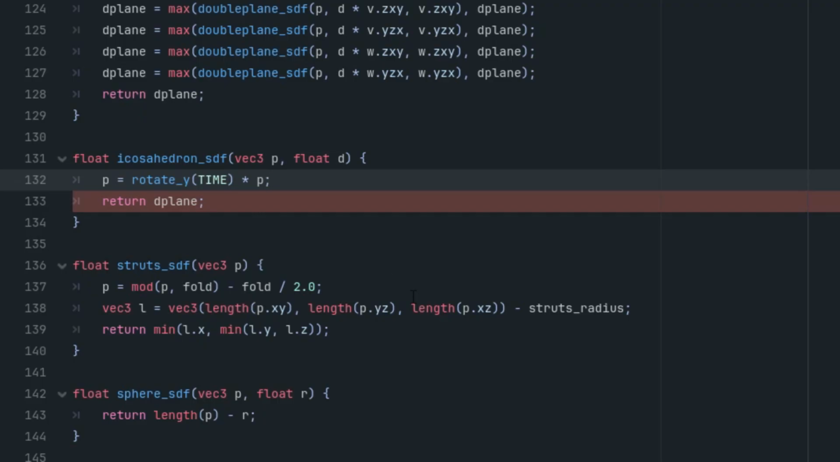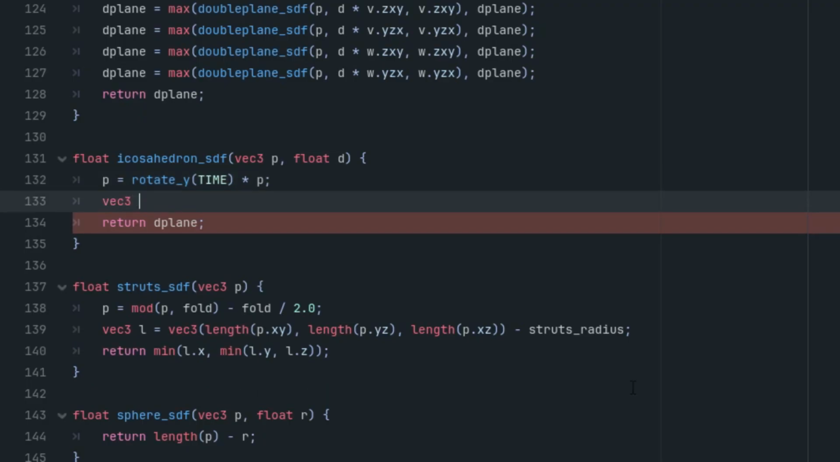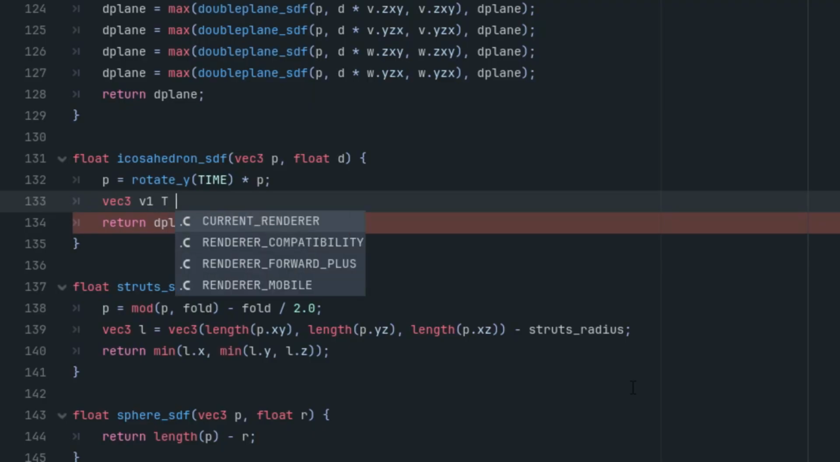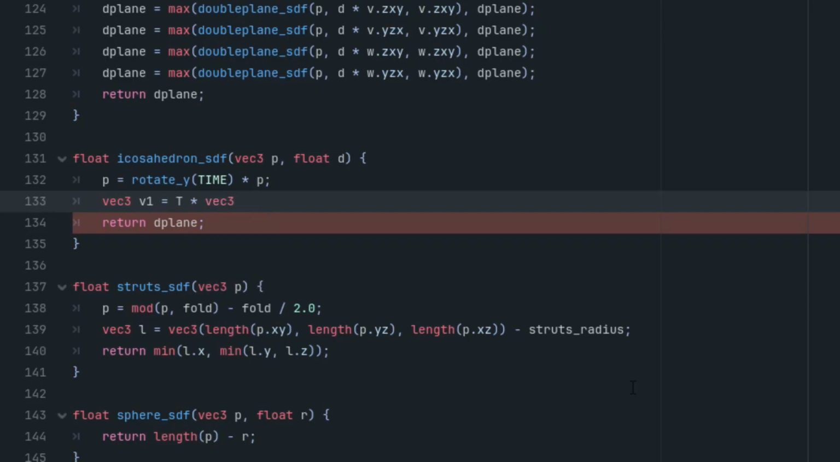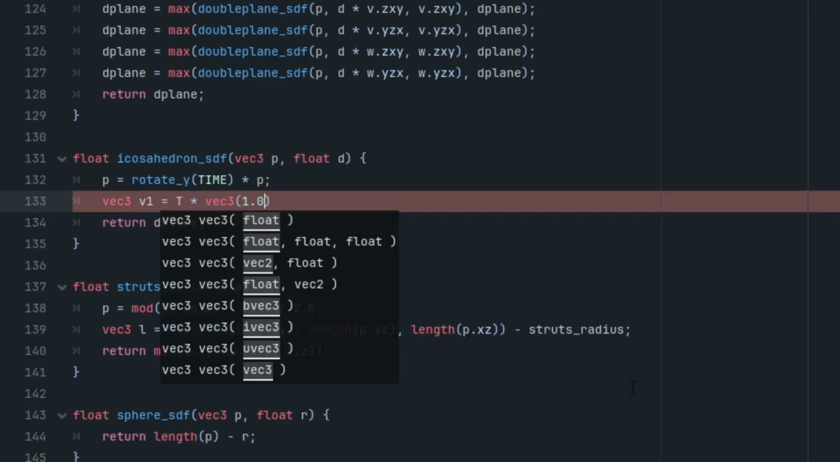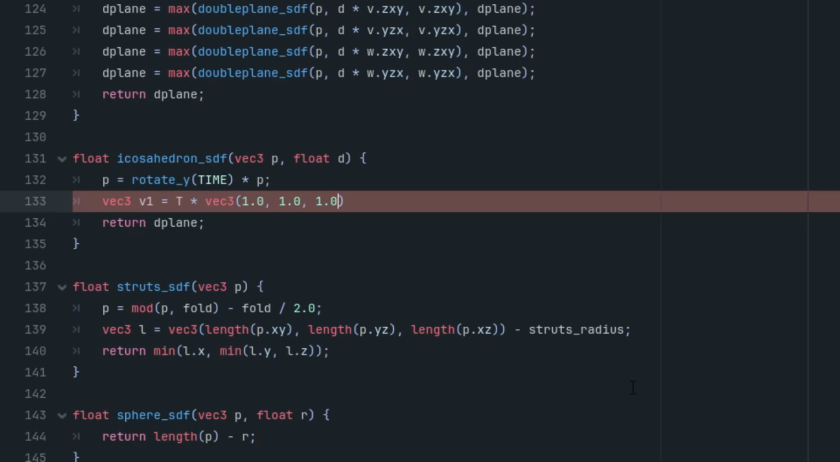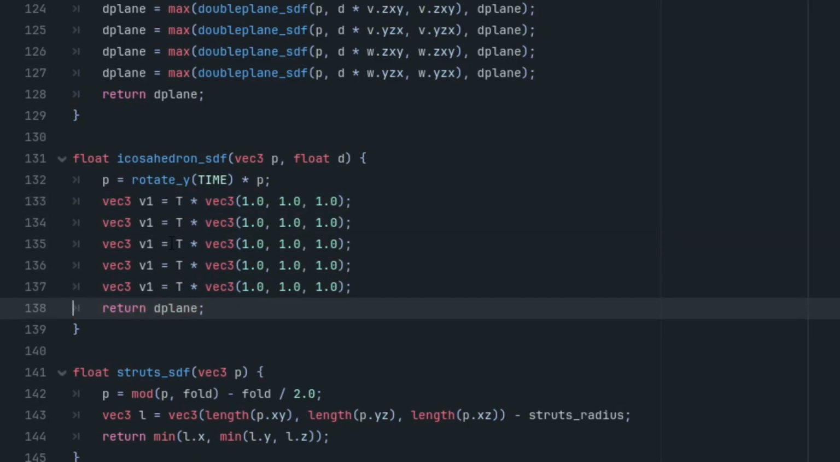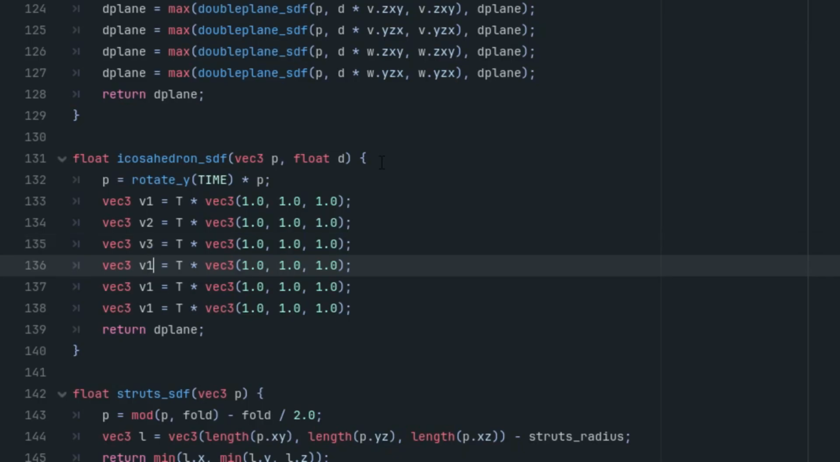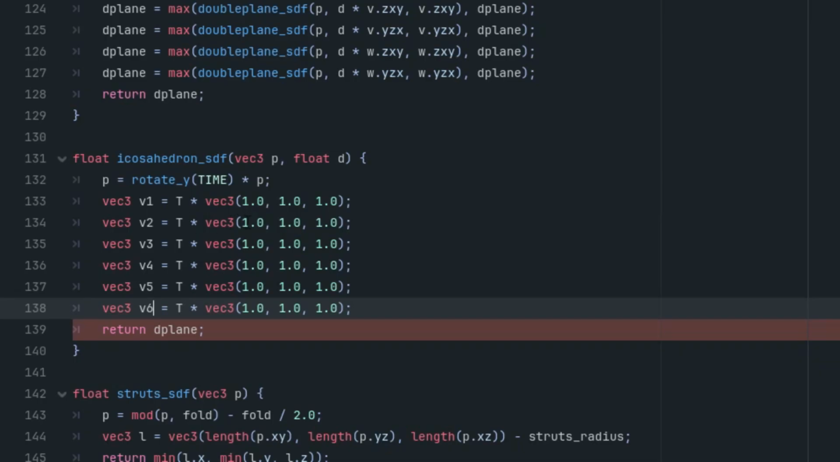Okay, so this time we will need not 2, but 6 helper vectors, let's write them up. Vec3 v1 is our t constant multiplied by vec3, and now the permutations. So first 1, 1, and 1. So this is the first one, and the others will be just variations. So 1, 2, 3, 4, 5. It's v2, v3, v4, v5, v6, and now t remains as it is, and